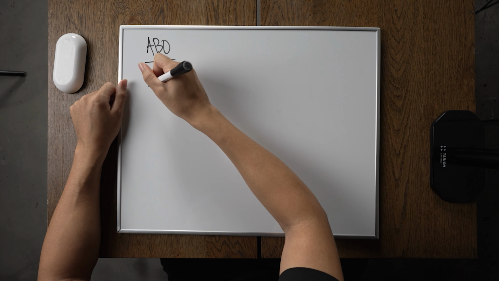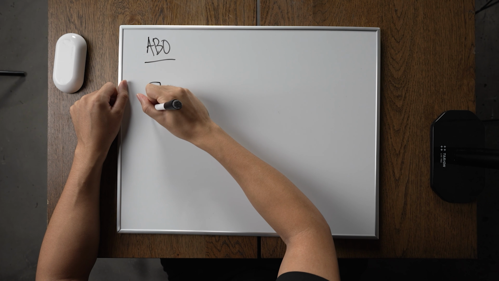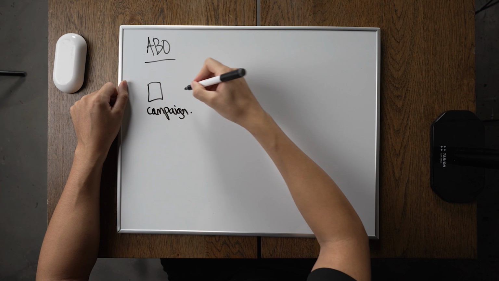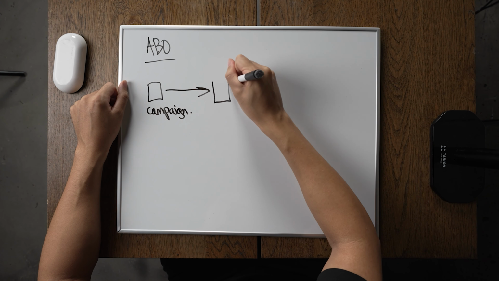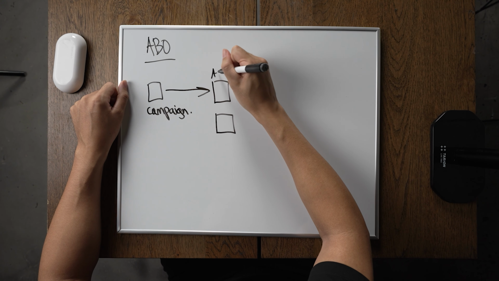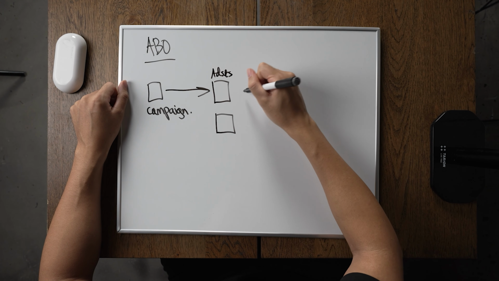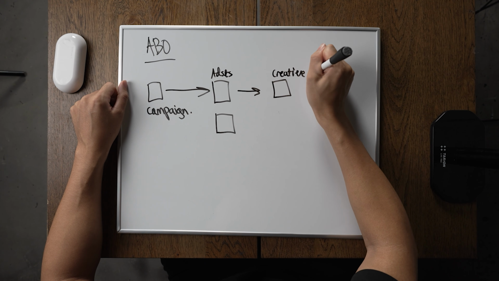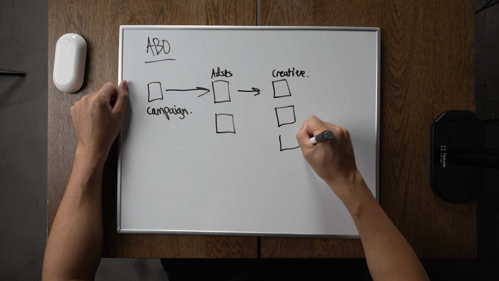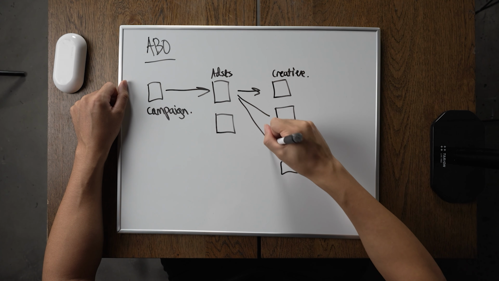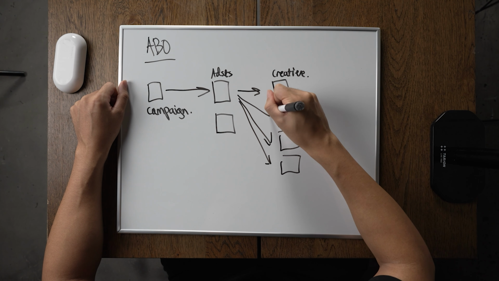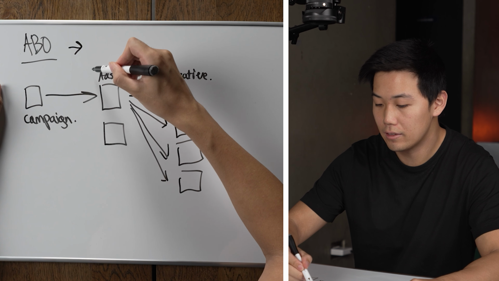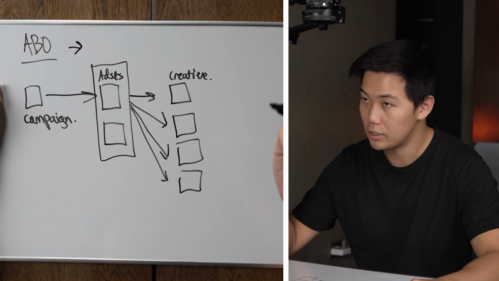Here's what an ABO truly is. If you think about campaigns as a folder system, you have your campaign. Within your campaign, you will have ad sets. And then within these ad sets, you'll have your creative. And you'll have multiple creatives per ad set. Now, what ABO means is ad set budget optimization, which means that your budget will be determined at the ad